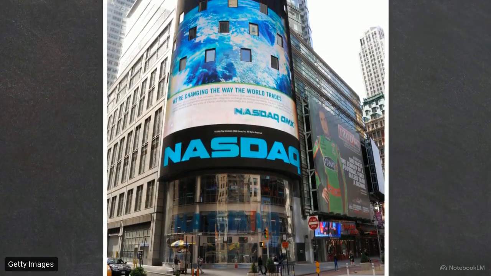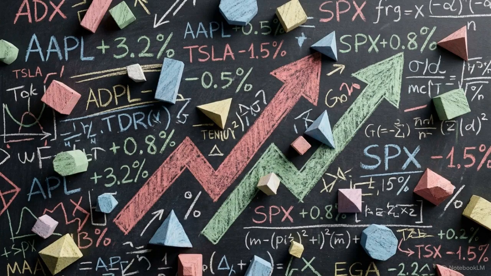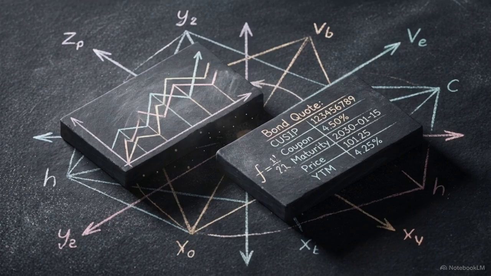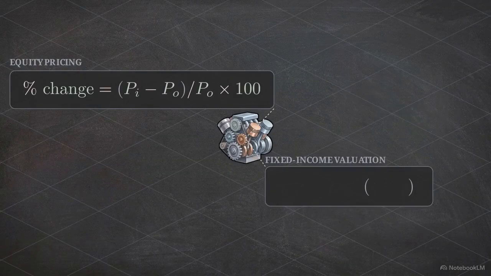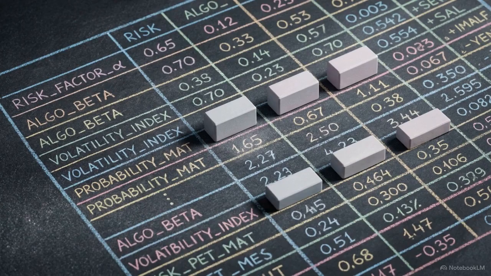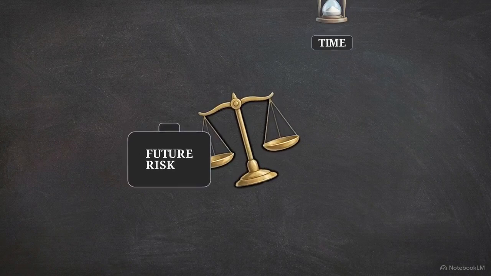To an outside observer, the outputs of these secondary markets appear dense and arbitrary. The continuous flow of flashing tickers, fluctuating prices, and percentage yields can easily look like noise. We can bypass that noise by isolating two specific market signals, an equity index shift and a fixed income bond quote. By reverse engineering the math behind these numbers, we expose the exact mechanics of how capital is priced. Capital markets are highly structured mathematical environments. Every quoted price, whether a share of stock or a sovereign bond, reflects a precise calculation, weighing future risk against the passage of time.